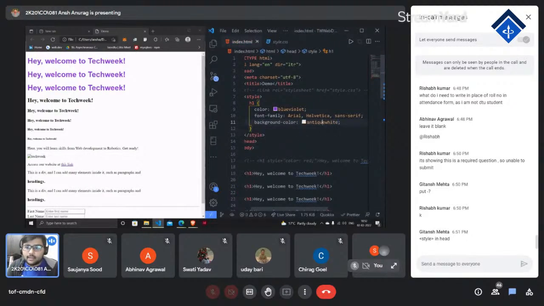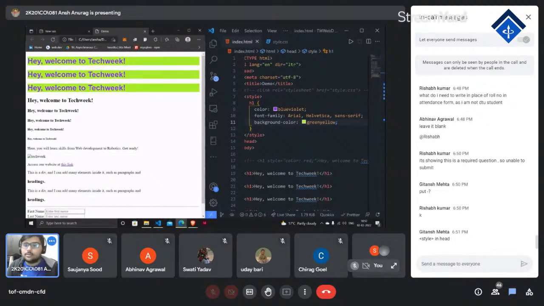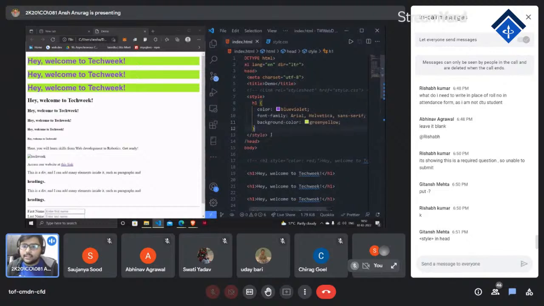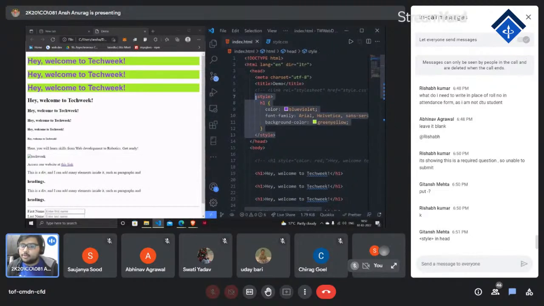एंटीक व्हाइट, ये एंटीक व्हाइट उतना विजिबल नहीं होगा, ग्रीन कर देते हैं, ग्रीन येलो। देखो अभी तो थोड़ा सा लुक्स में उतना कूल नहीं है, मगर ऐसी प्रॉपर्टीज हम लोग इनको दे सकते हैं। ऑलराइट, तो ये था इंटरनली अगर हम लोगों को स्टाइलिंग करनी है।